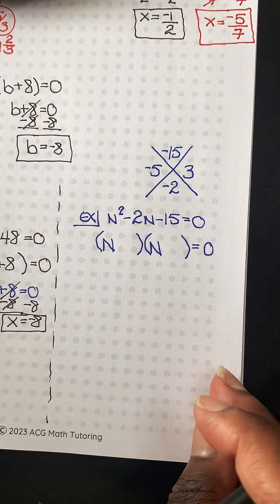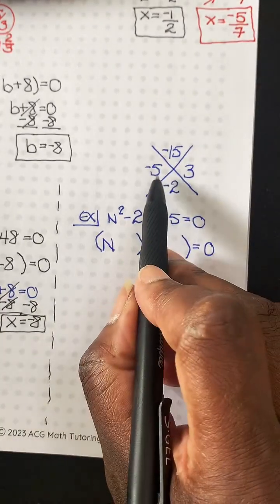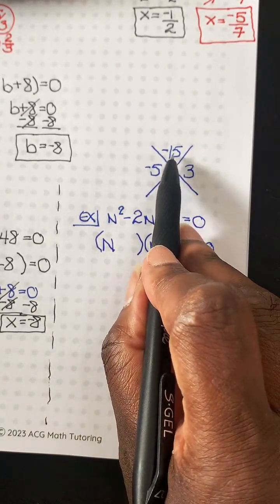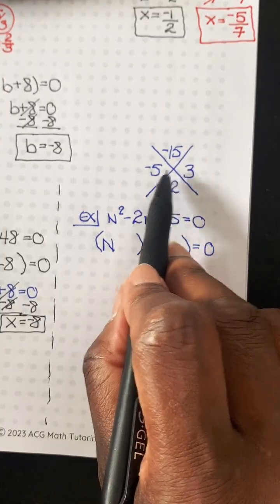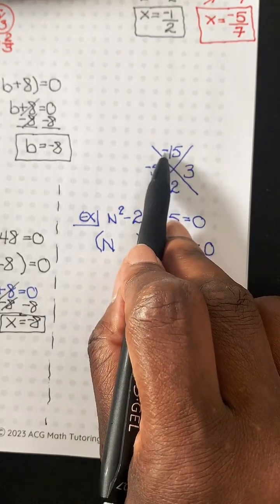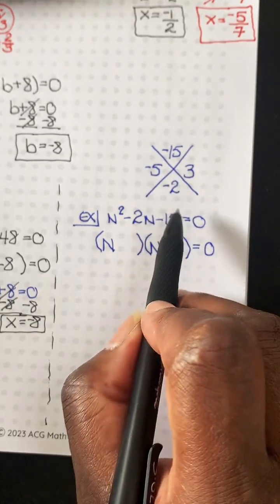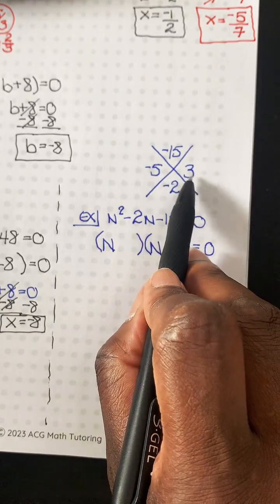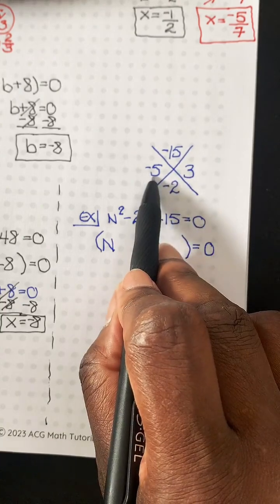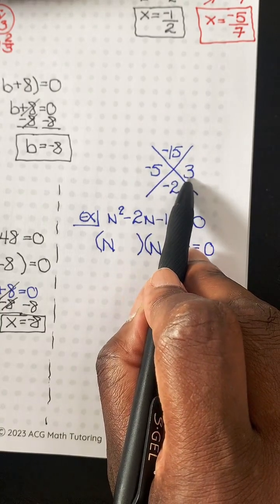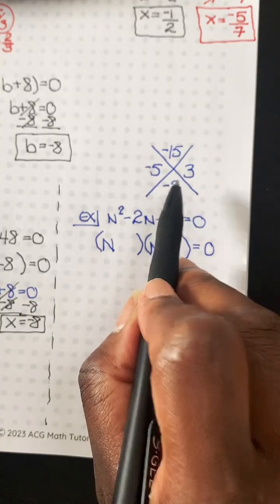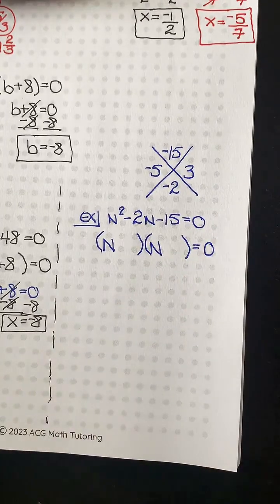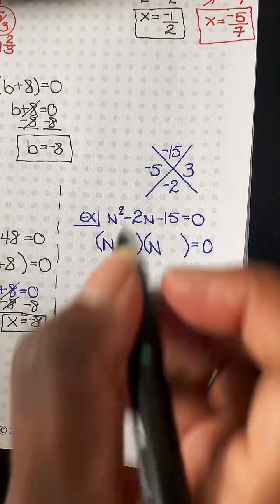Because negative 5 times 3 gives me negative 15. When you multiply, your signs are going to be opposite. That's why it makes it always negative. But negative 5 plus 3, think of it: if you owe me $5 and you paid me 3, you still owe me $2. So this combination right here